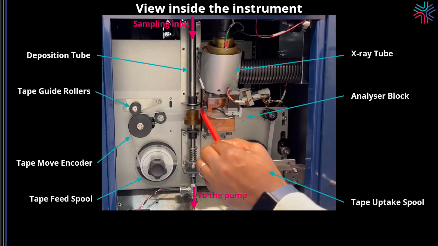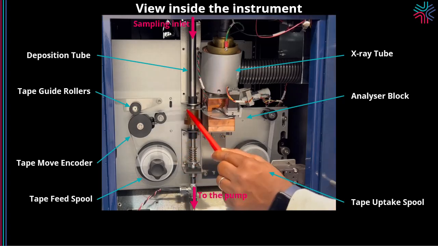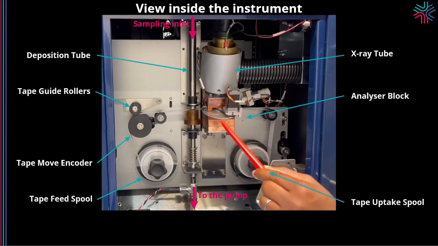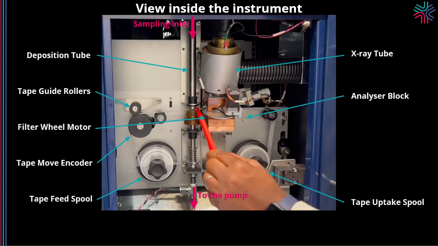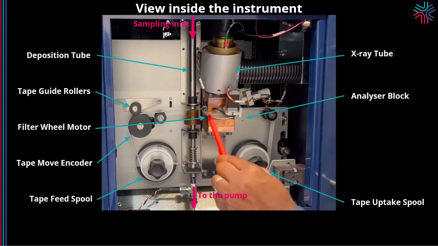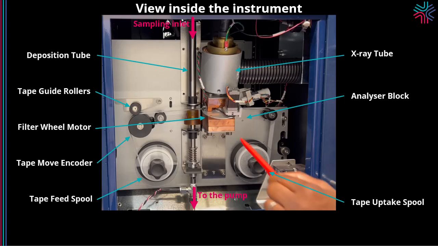Here is a sensor. Usually when you're installing tape, make sure that the tape goes below the wheel and not above the wheel. The reason is if you put it above the wheel, you can touch this sensor, which is here, that controls the movement of the tape. And as such, you have difficulties in functionality.